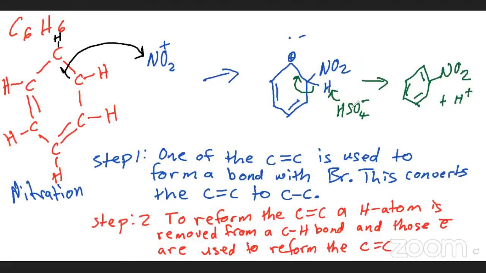But if you don't remember HSO4 minus, just make sure you're moving the electrons, draw your nitrobenzene and put plus H plus. And that is okay. However, if you remember to put HSO4 minus and you remove a proton, don't put plus H plus,